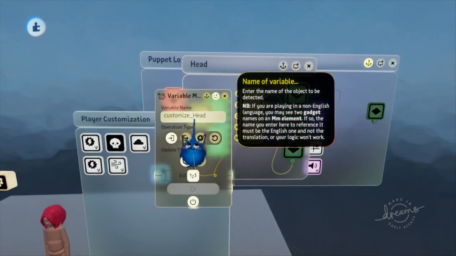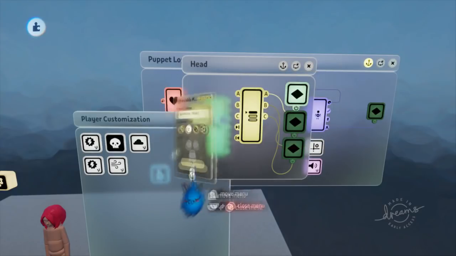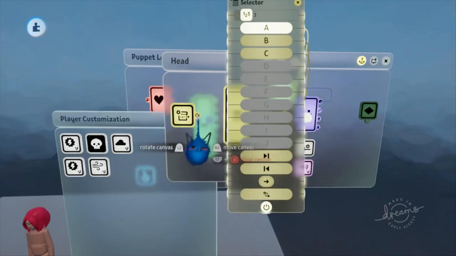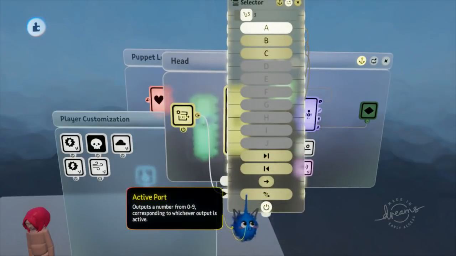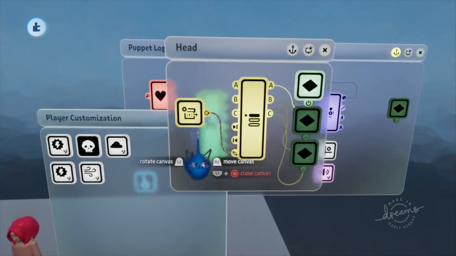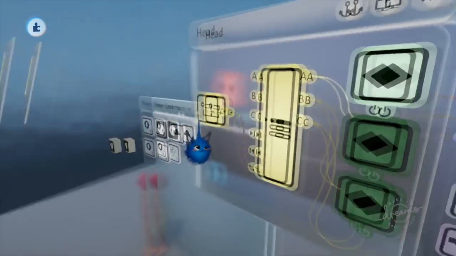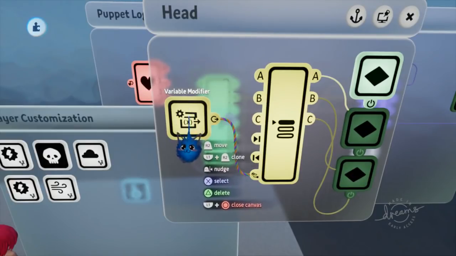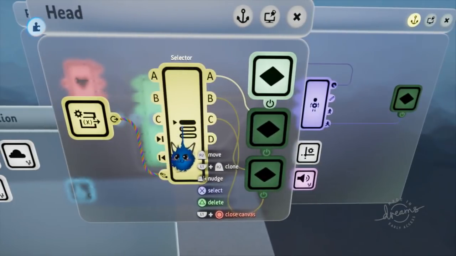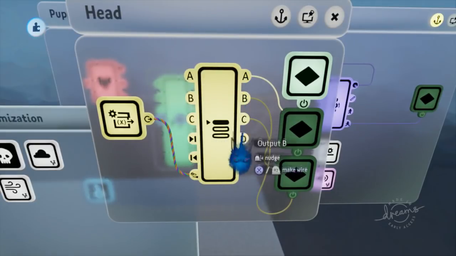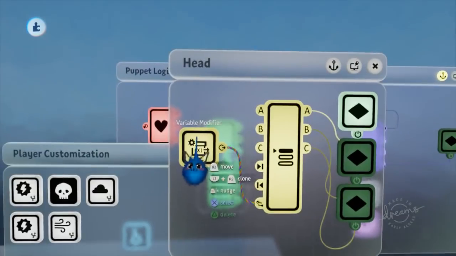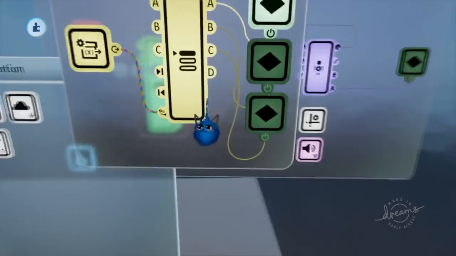So we're going to do variable name head, and we're going to open up the selector's properties. The very bottom is that number input that we had, active port. So basically, whenever we set the head value, that's going to come from here. Let's go into the selector, and 0 is A, 1 is B, and 2 is C. Since we are default, we have 0, 0, 0, and we get this nice